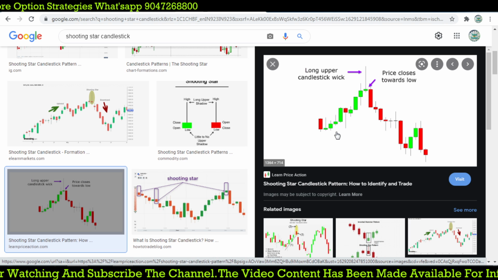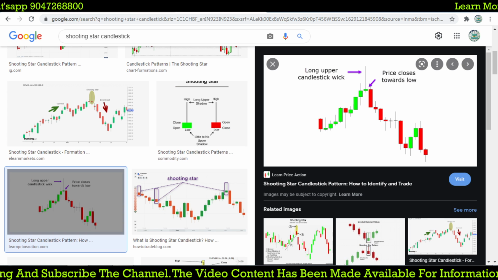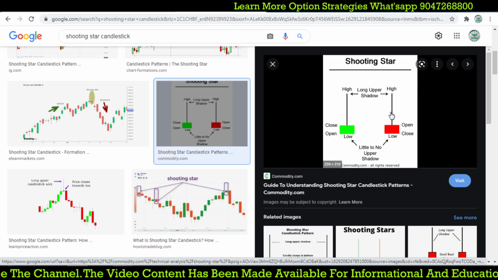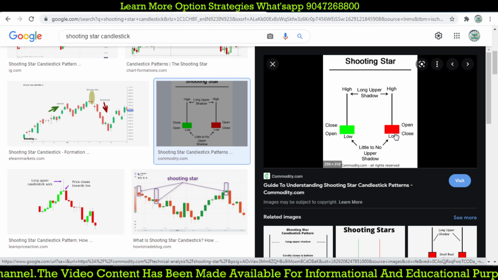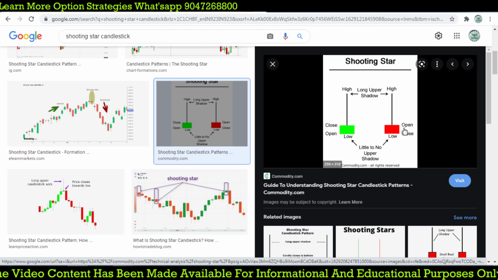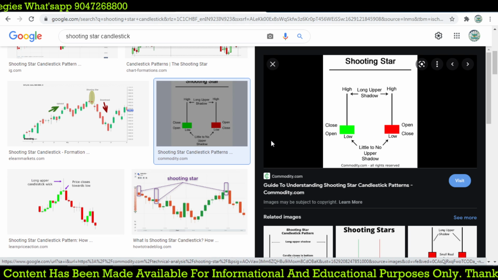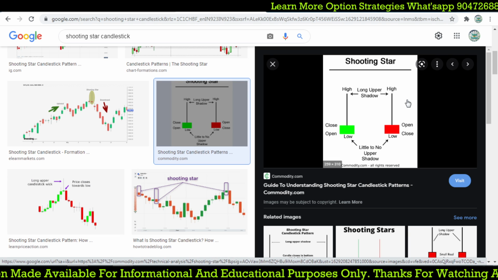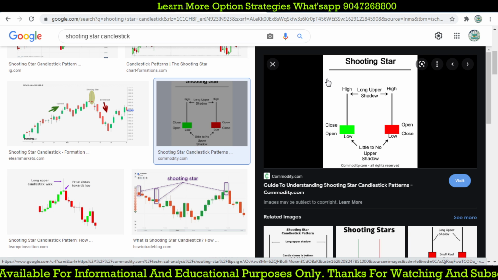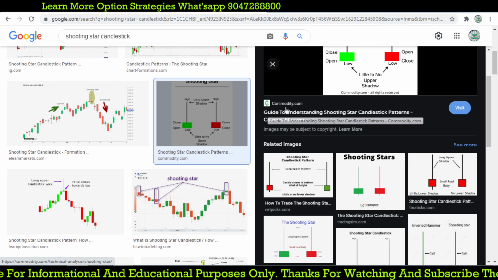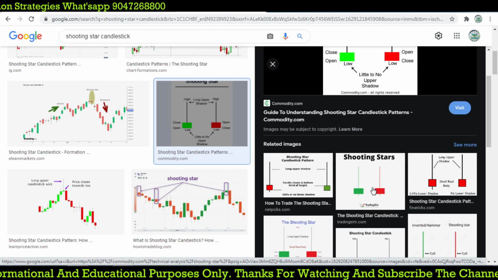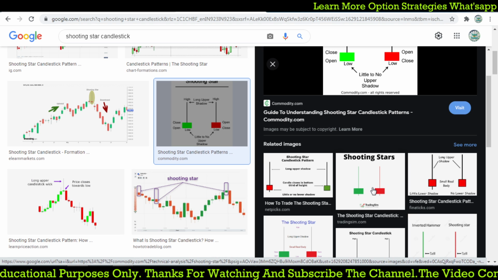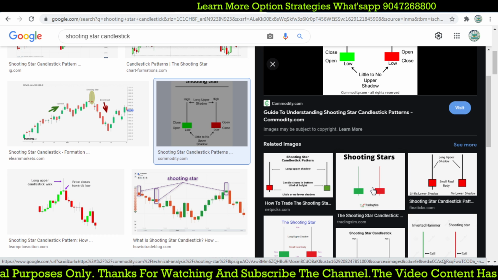Let's move to the chart right now. If you check, this is the shooting star candlestick, having a big wick compared to the body of the candle. If it forms at the day high or even a swing high, the possibility of trend reversal is very high. Based on that logic, we are going to create a scan. Whenever this kind of candlestick forms, we have a great opportunity to take an intraday as well as a positional trade, that I'm going to discuss in this video.